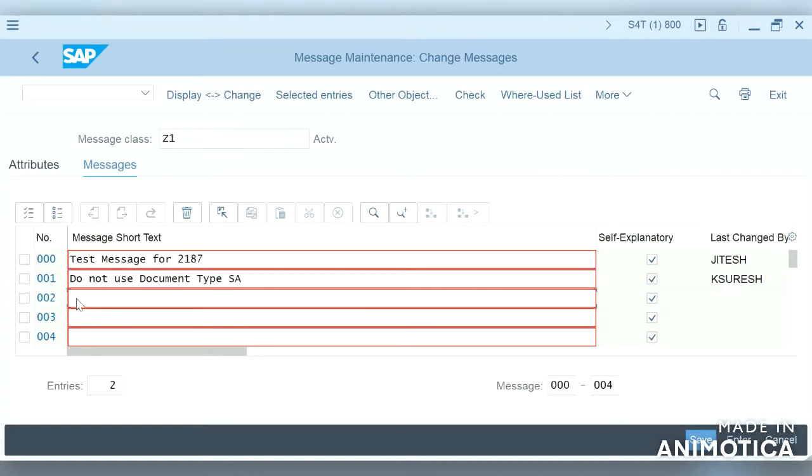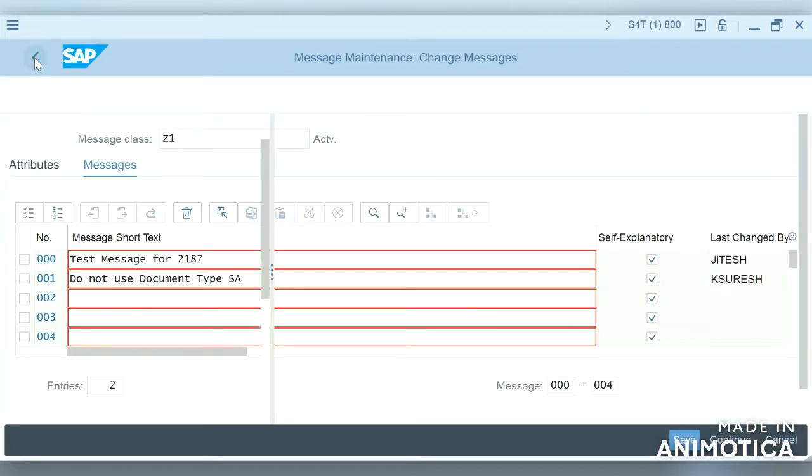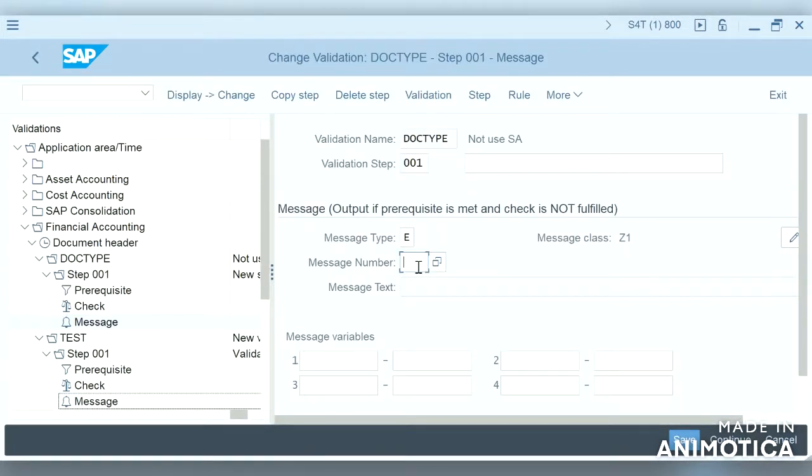Just click here and type our message, and this is the number we have to use in our configuration, 001, which I have created. So we just give the number 001 and save. So this is how we created the validation checks and validation messages.